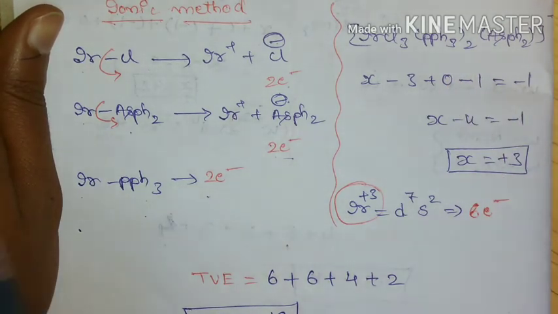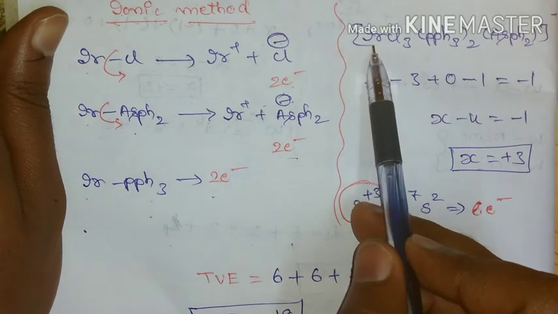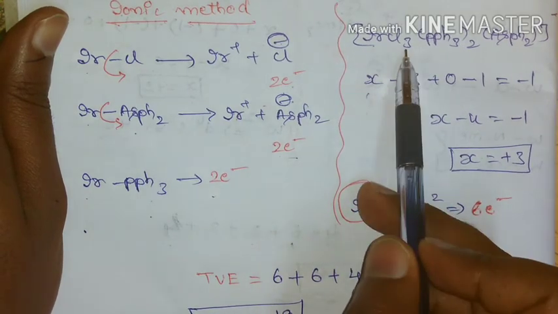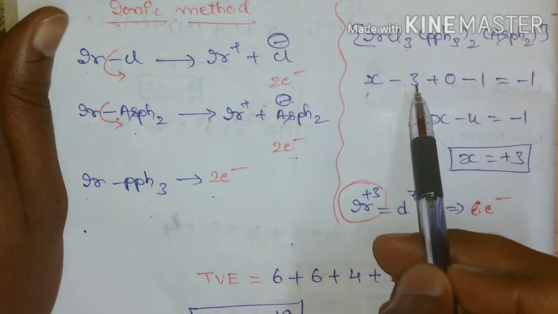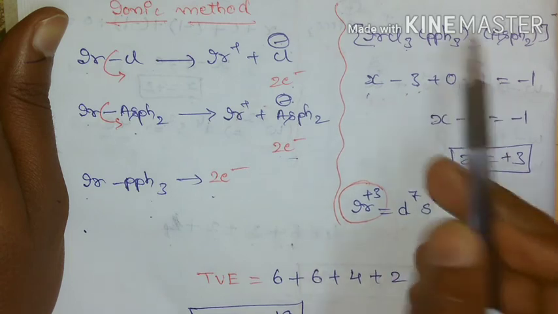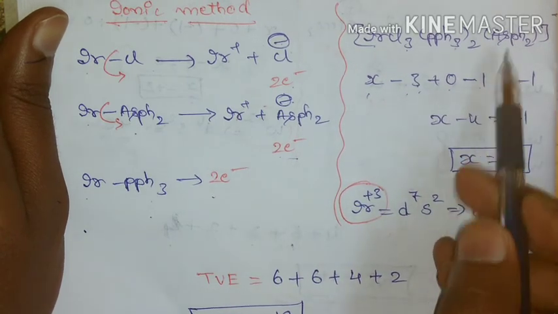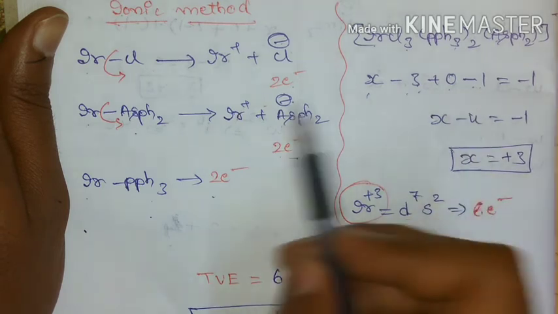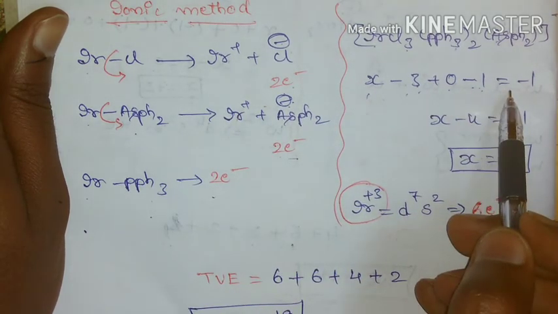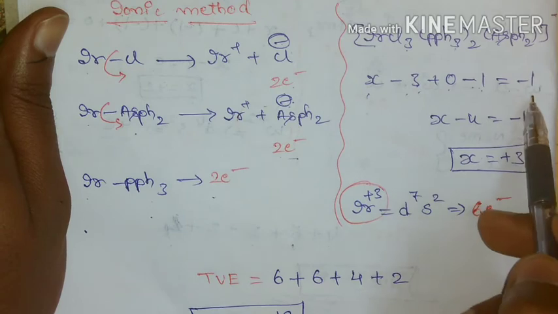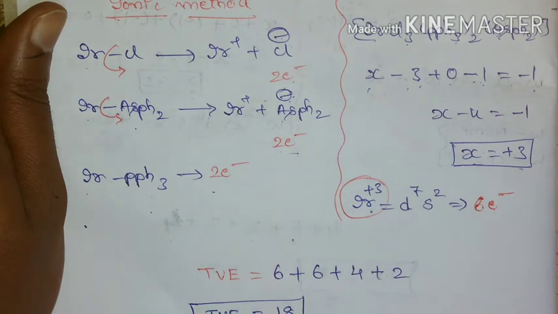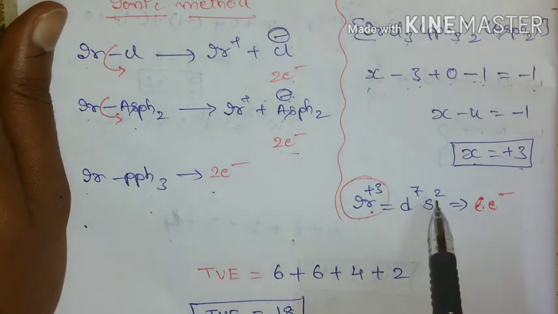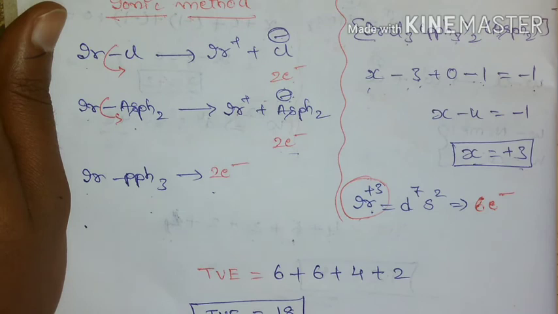And we need to find the metal oxidation state. So here iridium is the metal X, 3 chloride ligands going to carry a negative charge, 3 into -1, -3, PPh3 is a neutral ligand, 0, and arsenic PH2 is carrying a negative charge, -1, equal to the overall complex charge, -1. So from this calculation we got X equal to plus 3. That indicates iridium is in the plus 3 oxidation state. So if I remove 3 electrons from its outermost valence electrons, it is going to contribute only 6 electrons.